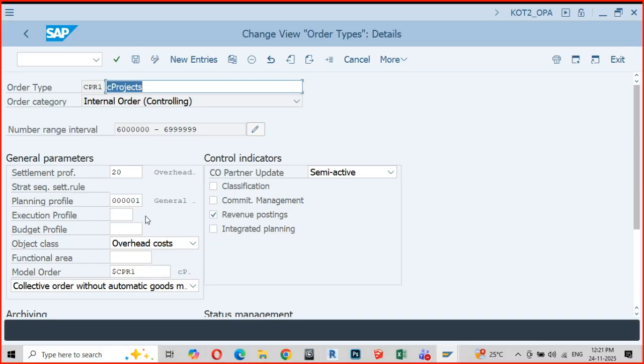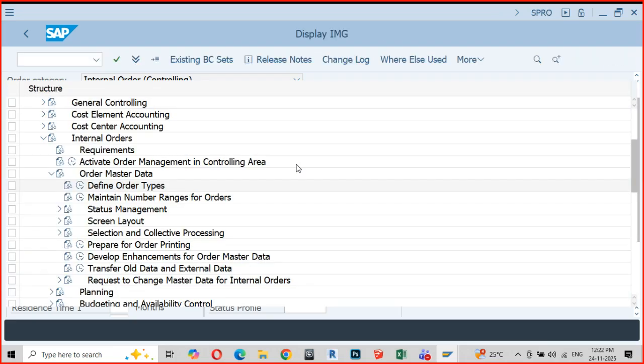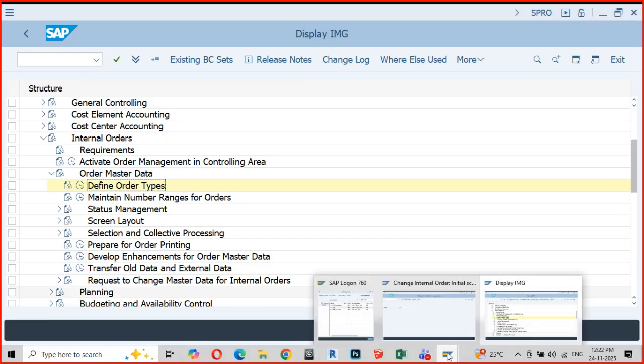You have a settlement profile. See here, the statuses are available here. Now, basically, whenever you create an internal order,